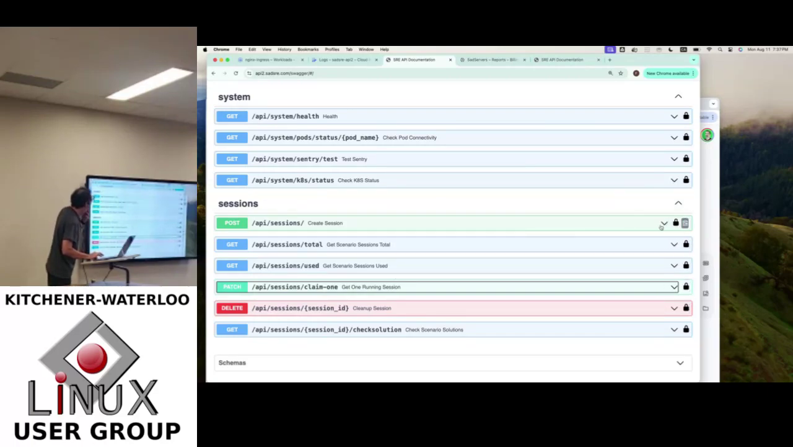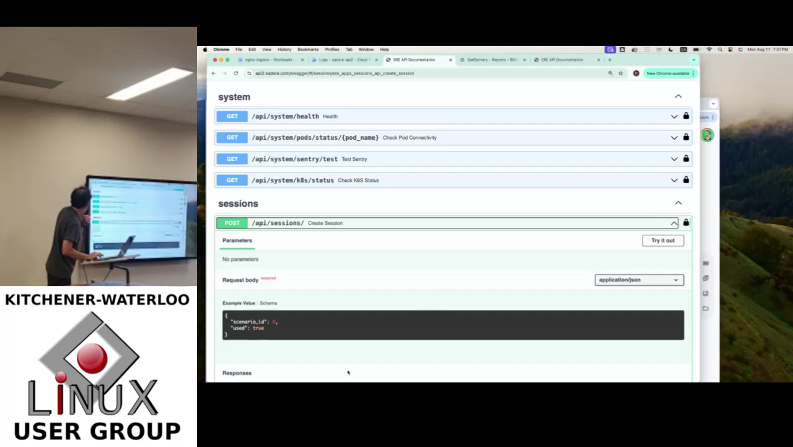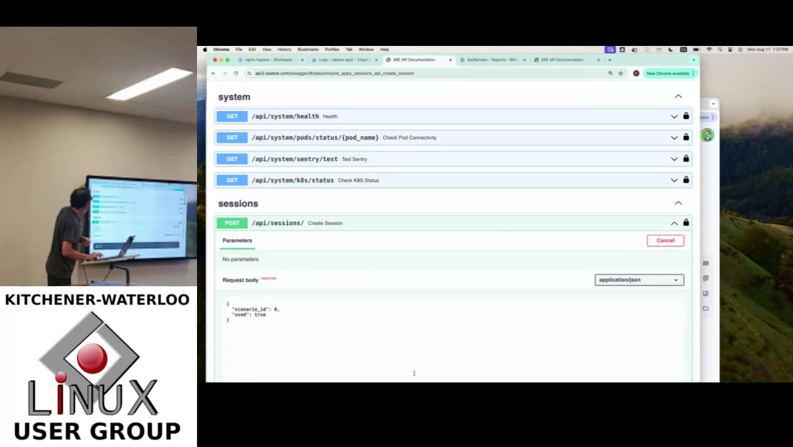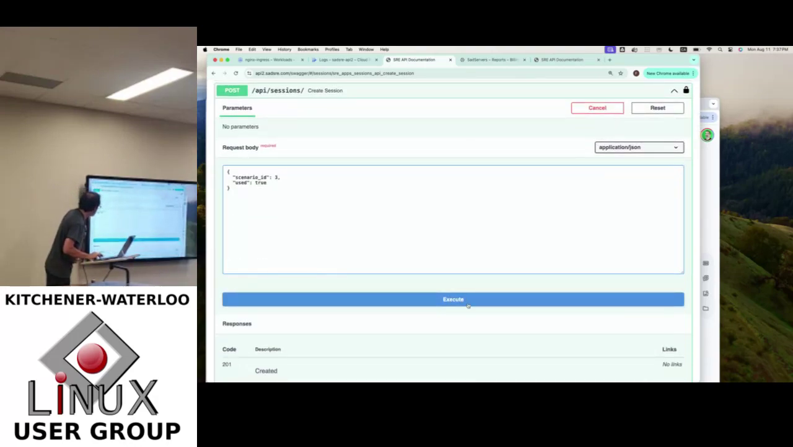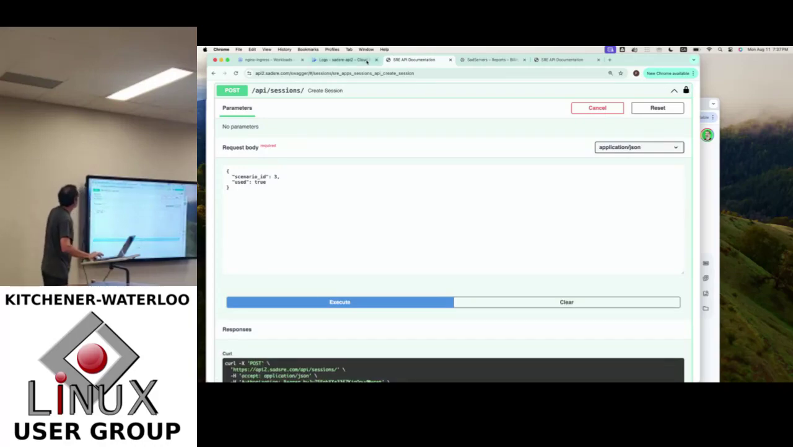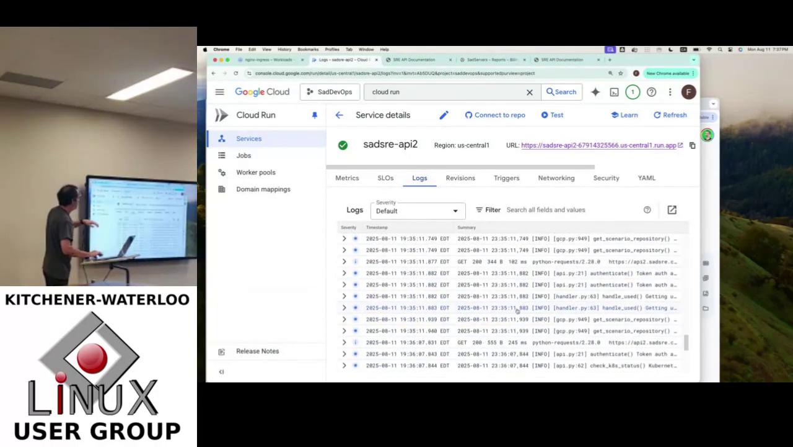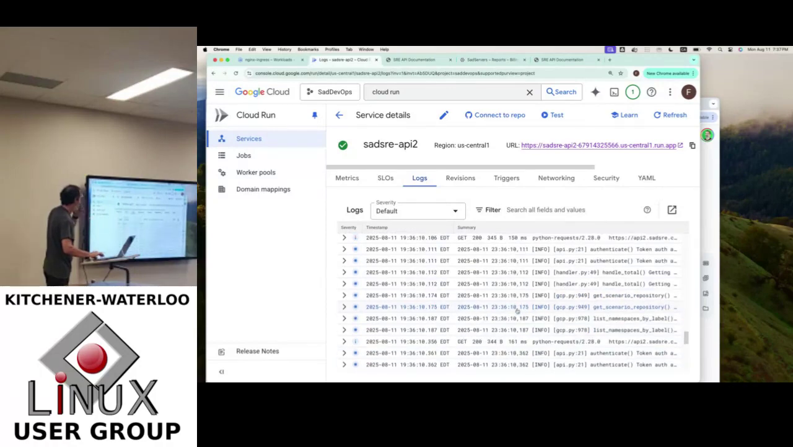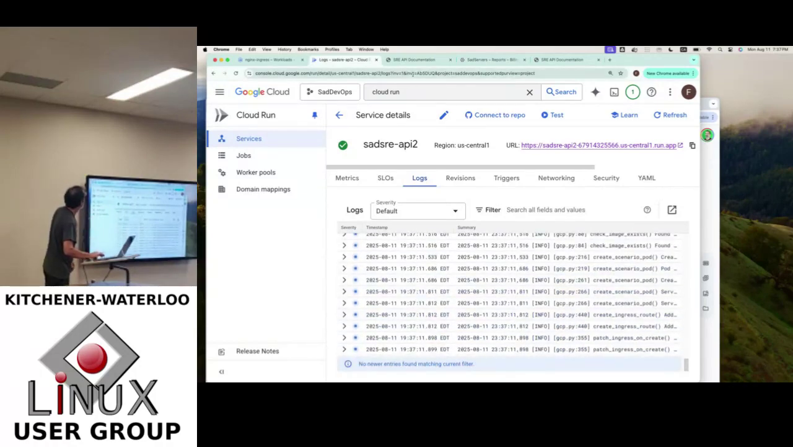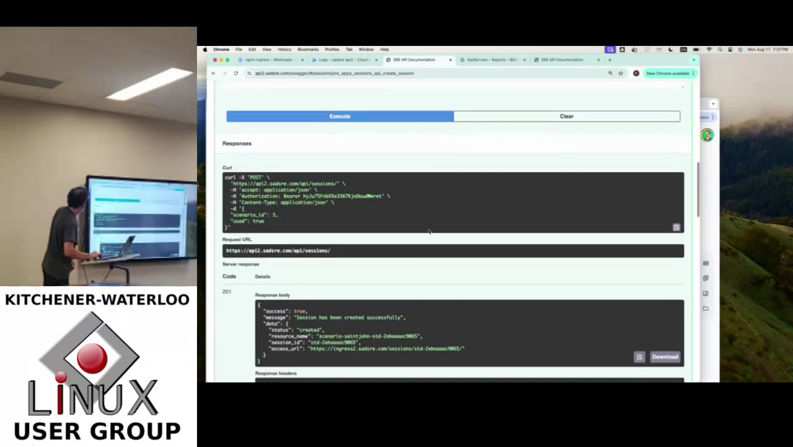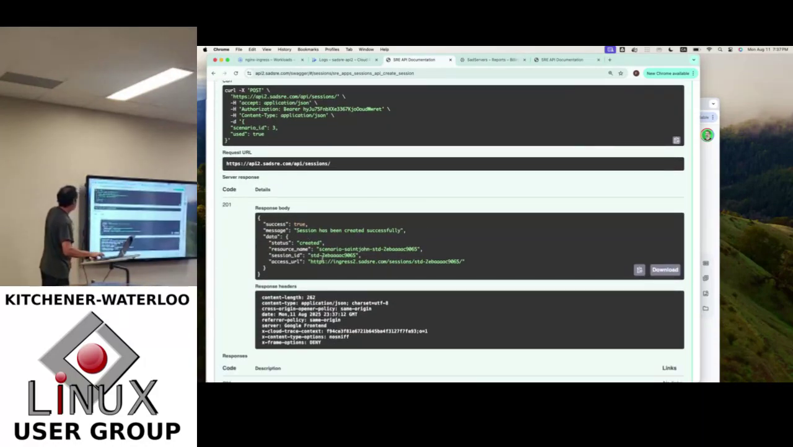So let's create a session. Try it out. Basically, I pass the session ID. Execute. If we were to see the logs here, we'd see that it should be creating whatever. Do we have it now? So it's doing some stuff there. This comes back saying it has been created, and it gives me a URL. So if I copy that URL,